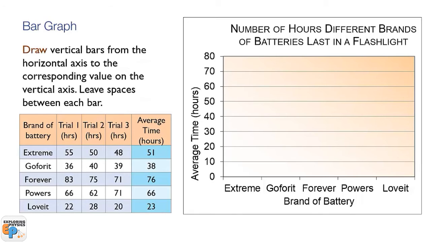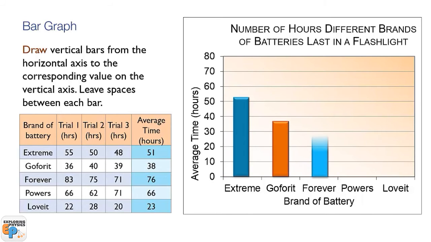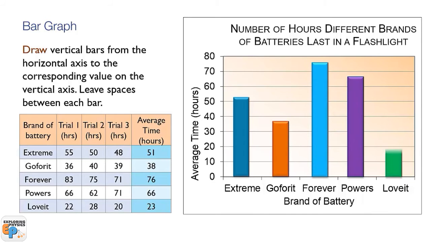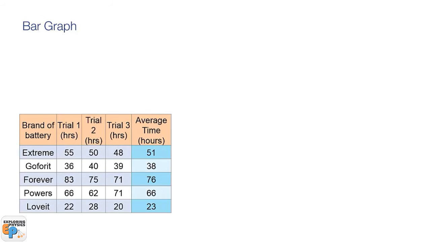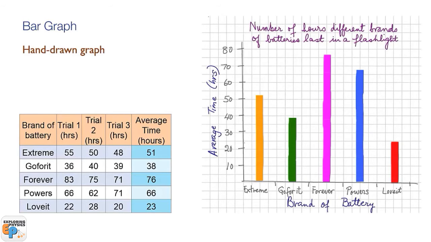We are now ready to add in the data. We start by drawing a vertical bar from the horizontal axis to the corresponding value on the vertical axis. For the extreme battery, we draw a bar from 0 hours to 51 hours. In a similar manner, we draw vertical bars for the rest of the brands of batteries. There we have it, our bar graph. If we drew the same bar graph by hand, the process is identical, and this is what your hand-drawn bar